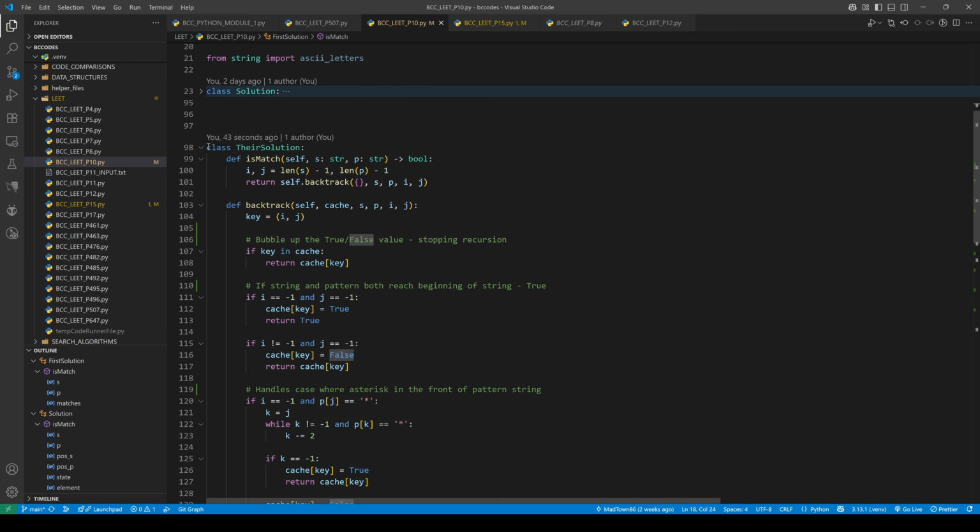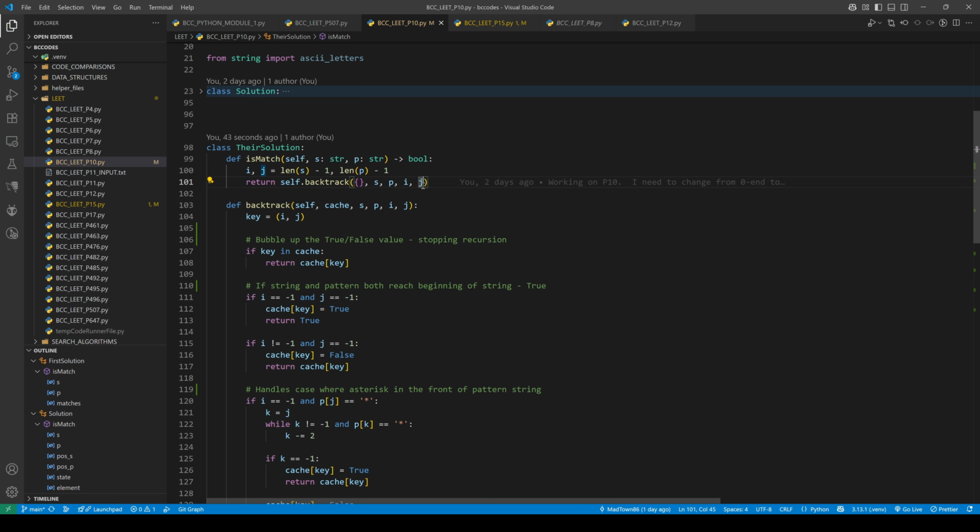So we're going to go over the top voted solution here. And to go over it a bit, you have a core method, match, setting the i and j cursors, which are going to iterate through the input string and pattern respectively, starting at the end of both of those strings. And then it's going to call itself recursively, caching values in a dictionary, passing in the string, the pattern, and